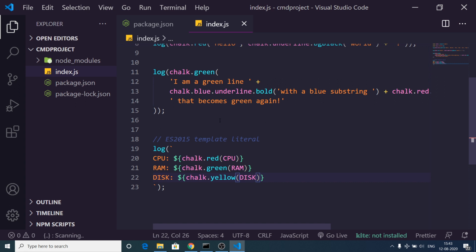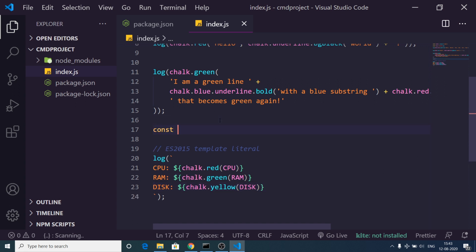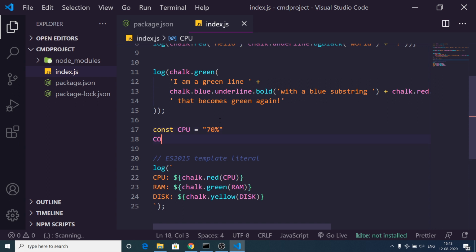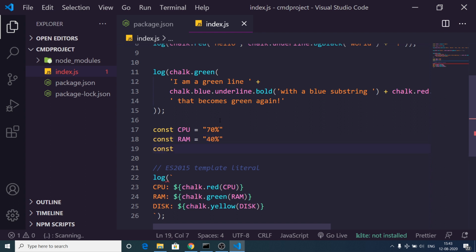Right here we define const CPU to be 70%, const RAM to be, let's suppose, 40%, and lastly our disk to be slightly on the lower side, 30%.